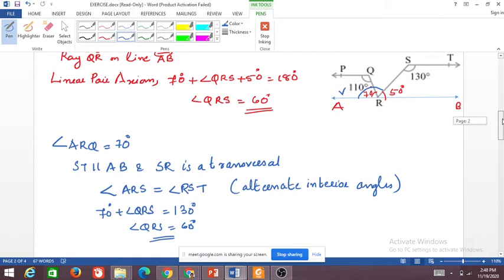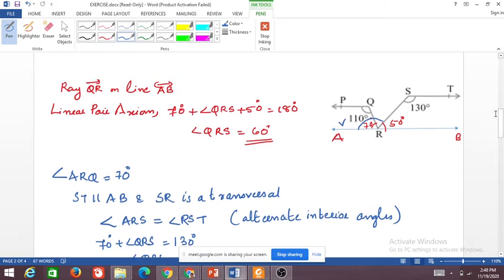So I think this problem is clear to all. Danish, did you get the answer? Is that clear for you, Dhanush? Yes, ma'am. Okay. Good. So now today we are going to look into another one. So you have studied about triangles, right? You know about triangles. So what about the sum of angles of a triangle? What will be the sum of angles of a triangle?